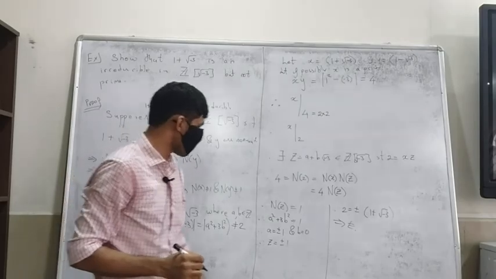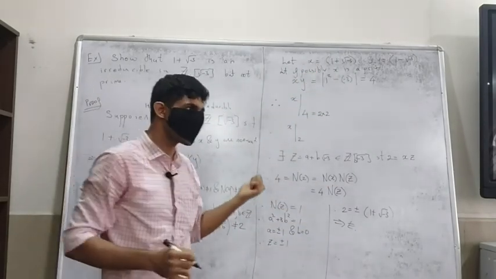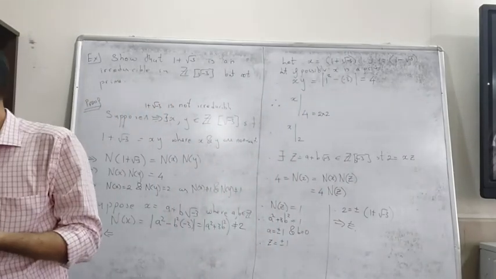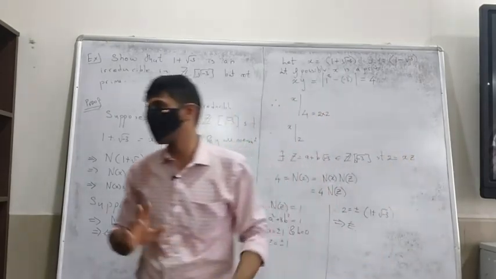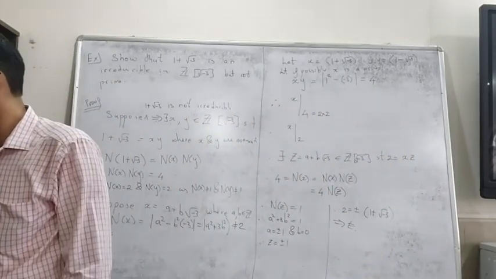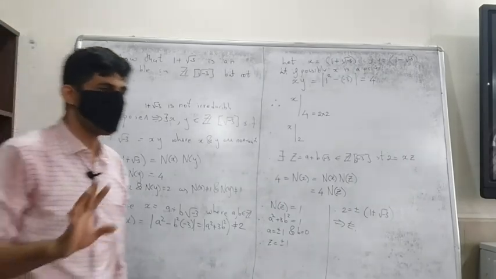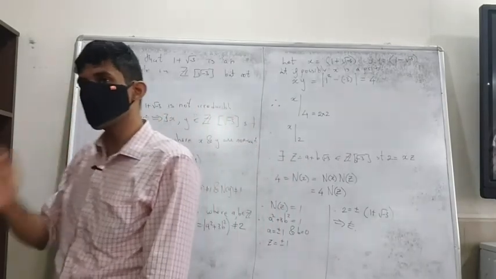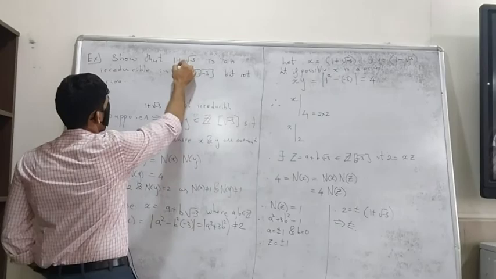And since this is not possible, the assumption that x is a prime is false, and therefore x is not a prime. Okay, so you could have even just expanded here and looked, you would still get it that way. So we have got an example of a prime, we've got an example of an irreducible which is not a prime.